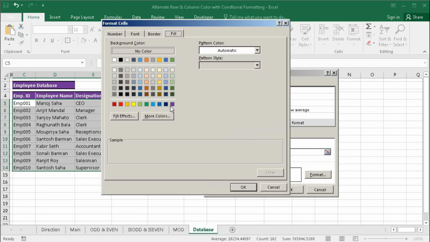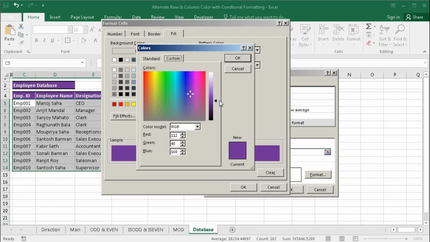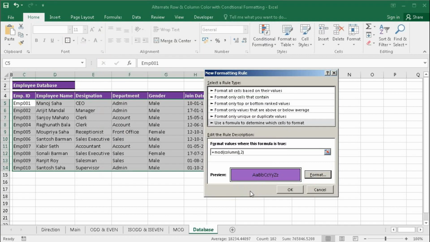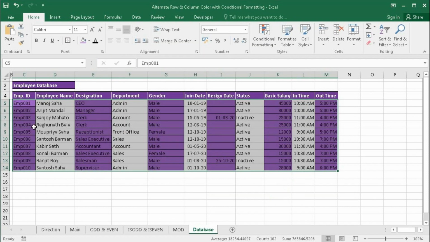Format will be this one, go to more colors and select some light color, OK, we'll put a border, OK. See, alternate column has been colored.